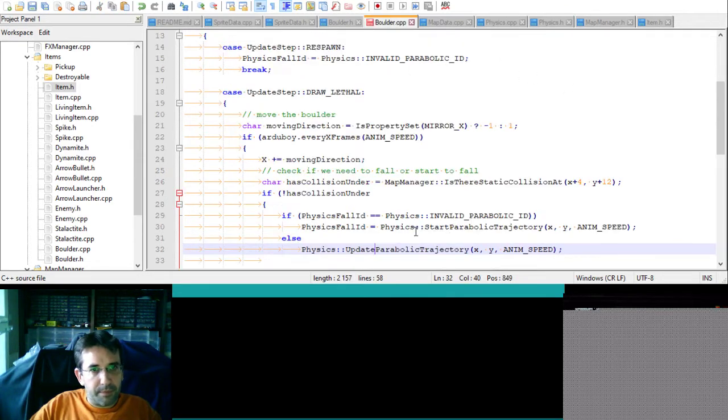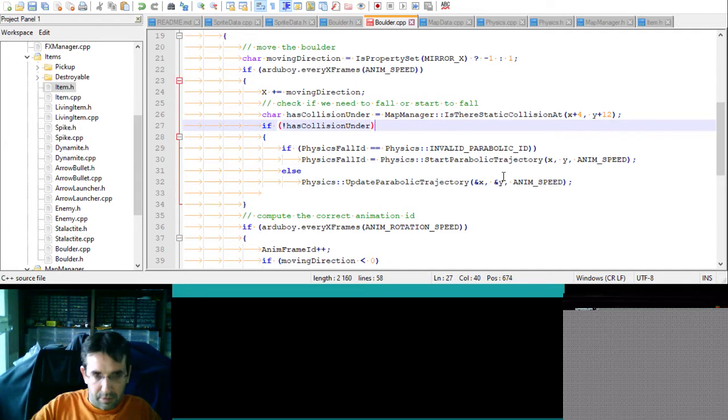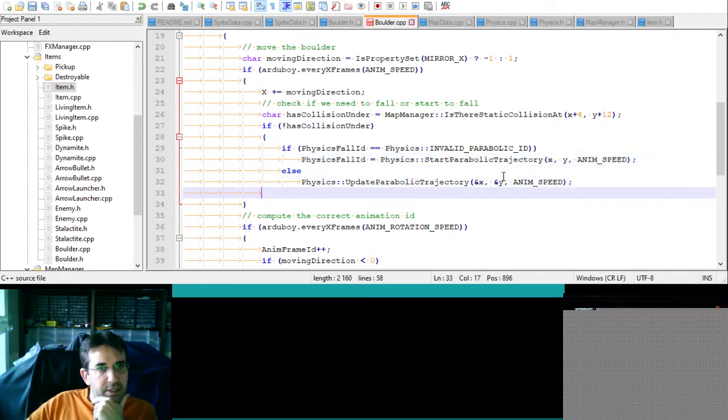Okay. So we check the collision. If there is no collision, we check if it's invalid. We need to start one. Otherwise, if it's valid, we just update it. And otherwise,